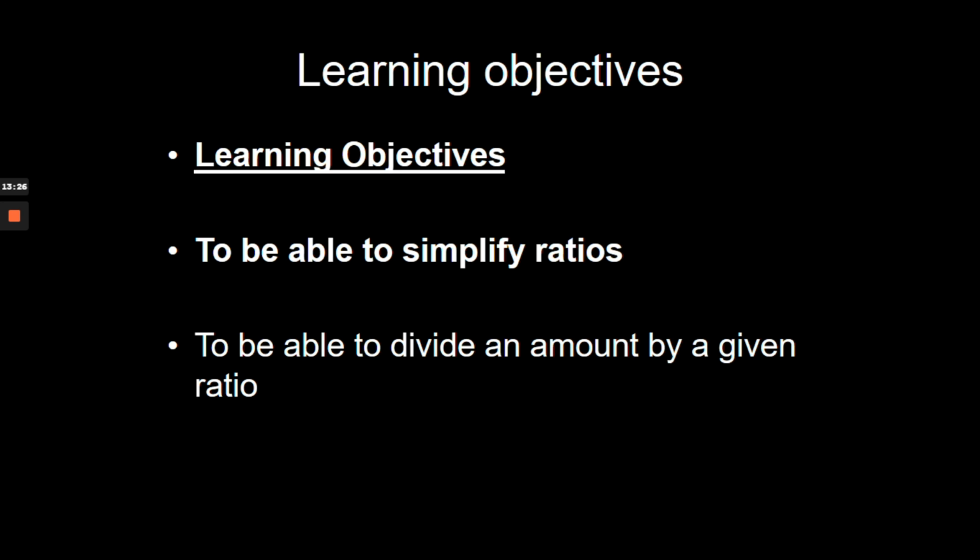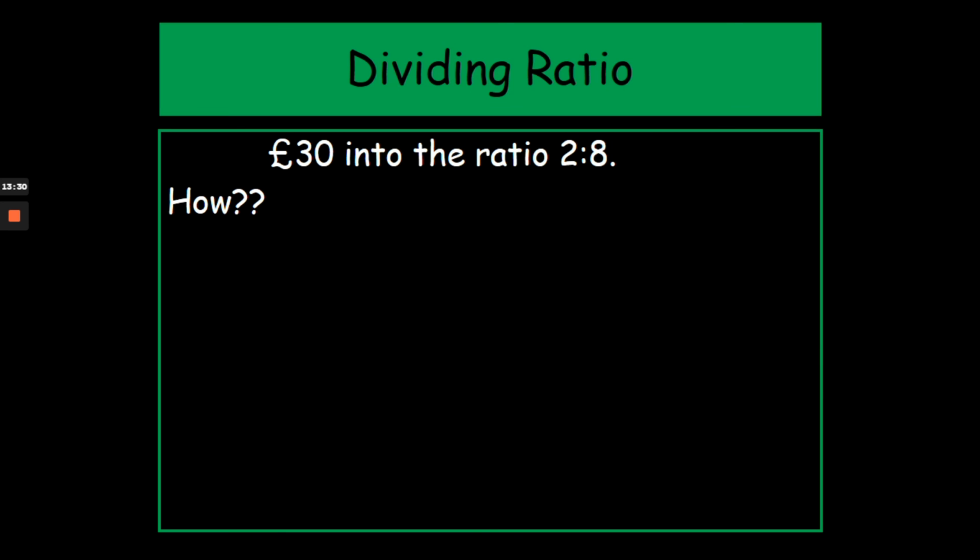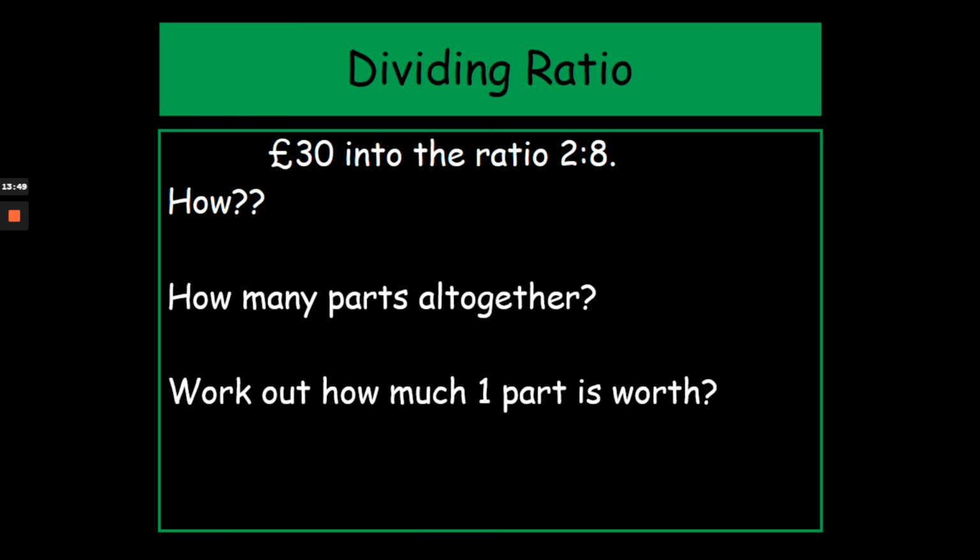Then you take that amount 3 and times it by 2. Then you take that amount 3 and times it by 8. And that will give you your answer. So if you split that one into £6 and £24, give yourself a big tick and you have achieved the second learning objective. I hope you've enjoyed it, and I hope you've learned how to simplify ratio and learned how